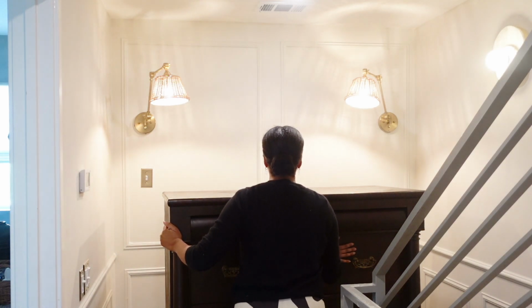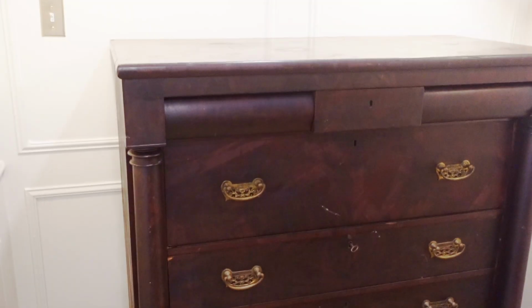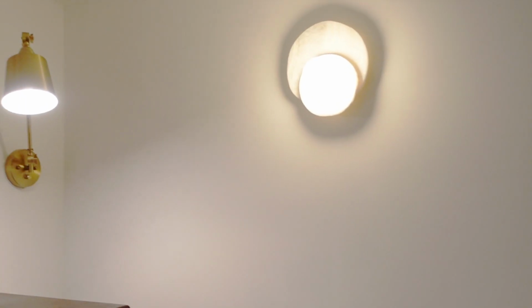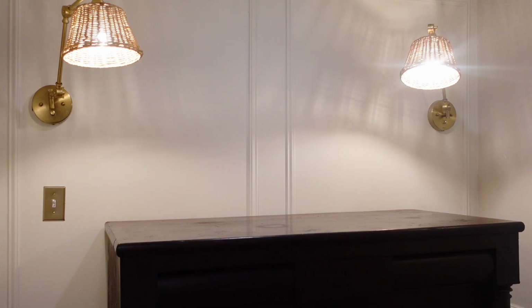But the first thing I put in this hallway is this dresser that I got from Hudson, New York. It is a mahogany dresser from the 1800s, believe it or not, on brass casters, so it's nice and easy to move. And it's flanked by these sconces that I had my electrician install and hardwire, and of course I